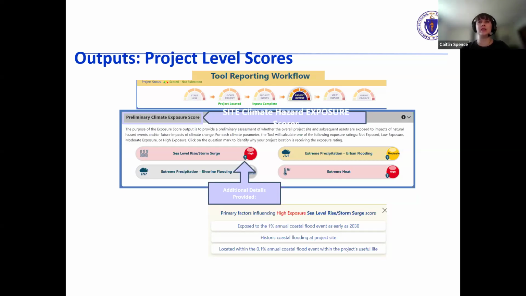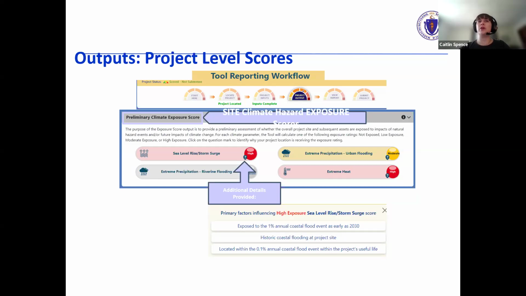to extreme heat. The tool will evaluate where the project is and compare the location to data sets on things like coastal floodplains, projected extreme precipitation, projected extreme heat, and other factors, as well as the information the user provided in the project input section to generate these exposure scores.